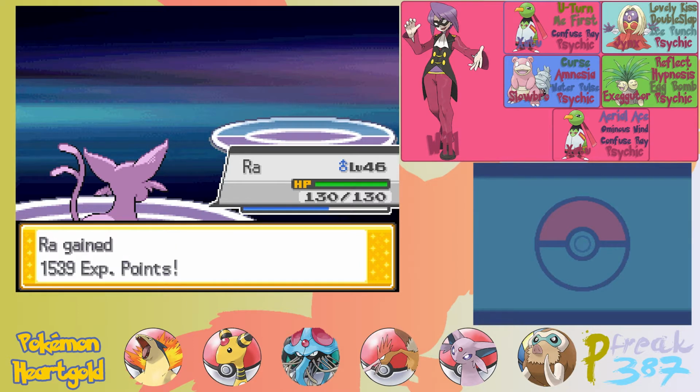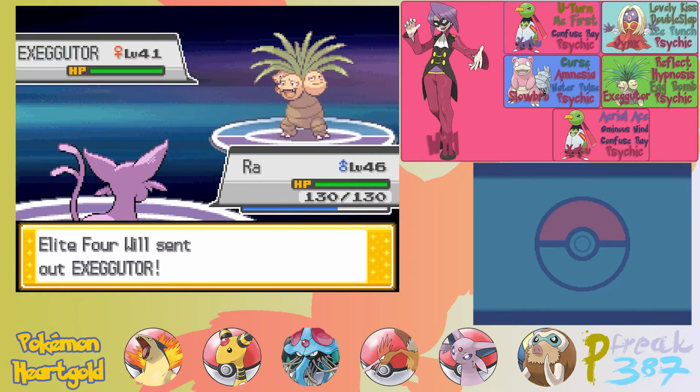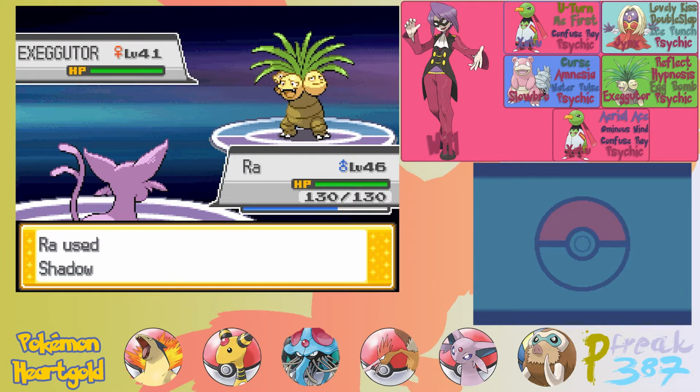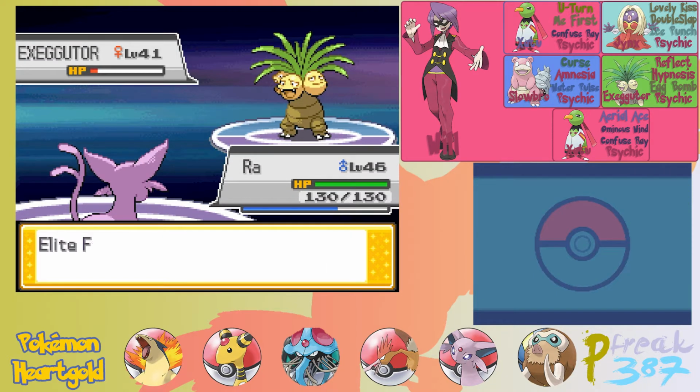Maybe I should... I don't know if we have anything that would actually boost Ghost-type moves. It's probably an item given by one of the weekend siblings, or weak siblings. Fun little fact, you can find the weak siblings' house just outside the Victory Road. Ah, dang it. Okay, well, thankfully Shadow Ball's a special attack, so...